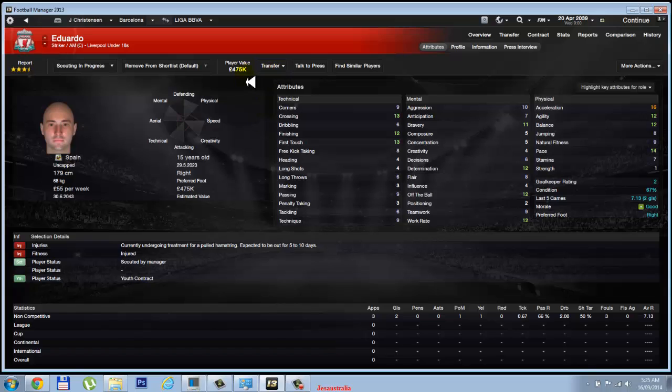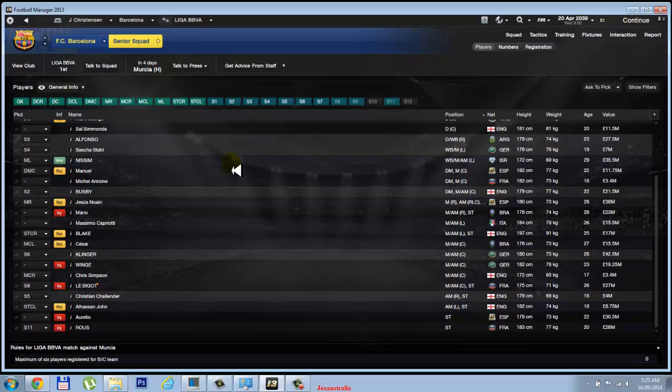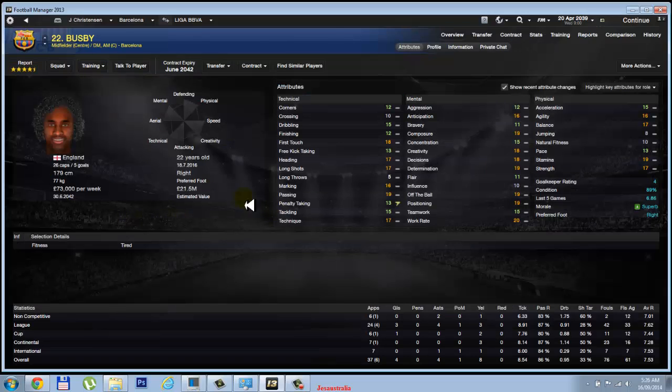Sometimes in the beginning, clubs like Liverpool here have not signed a contract with this player yet, so there will be a sign button here and you can get him for free. Well, more or less. You will have to pay a very small sum, like this player I'm going to show you now. Busby. Bought him several years ago